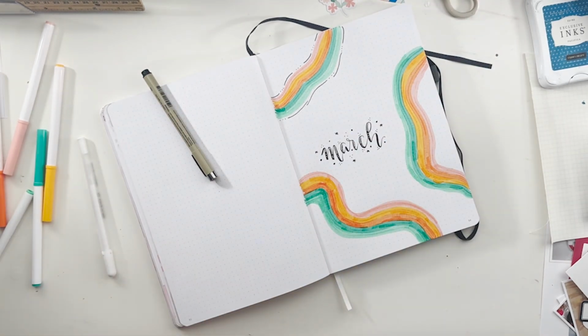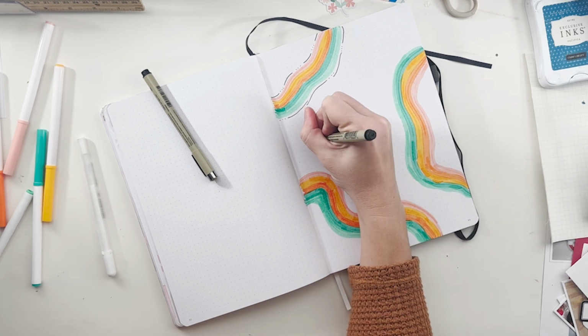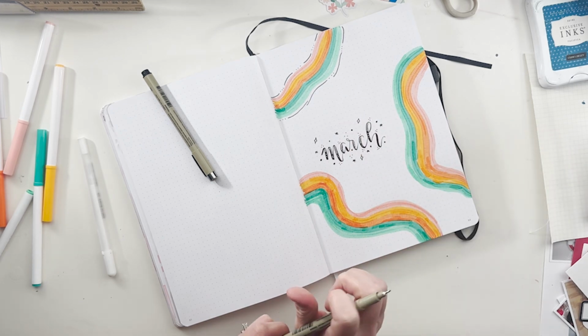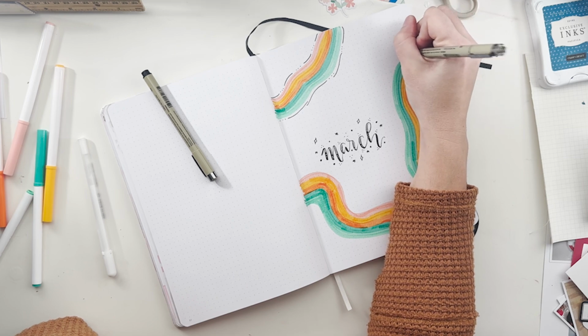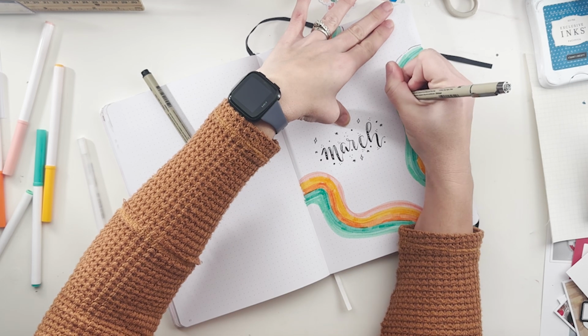All right, just going through and, just like the inspiration, adding some doodles, making this a little bit more fun. I am using the 0.08 and 0.05 microns. I also used my Jelly Roll 10 to put some white highlights in the